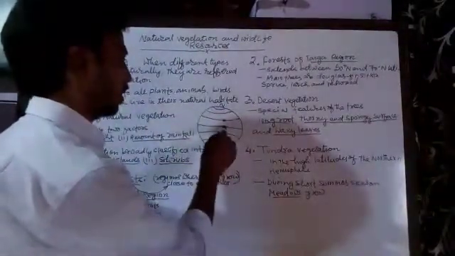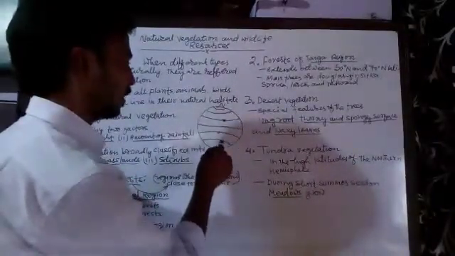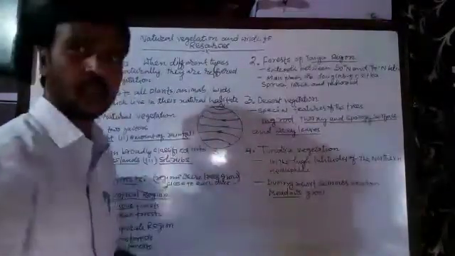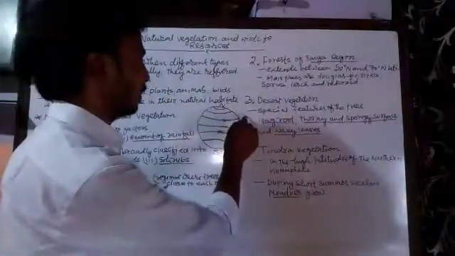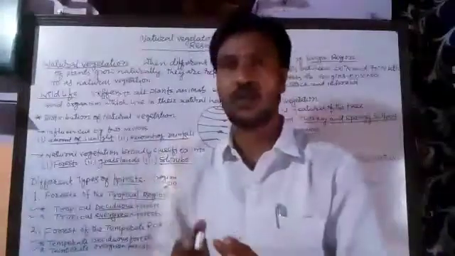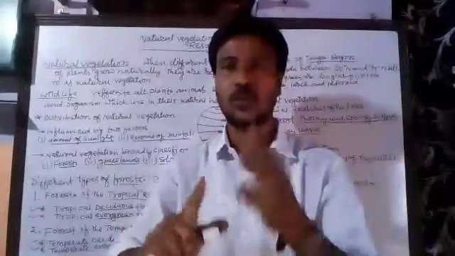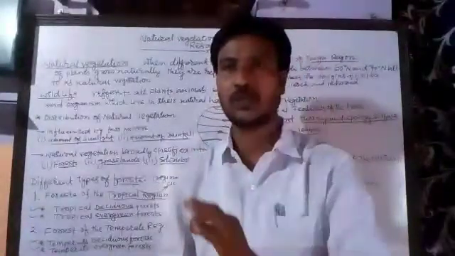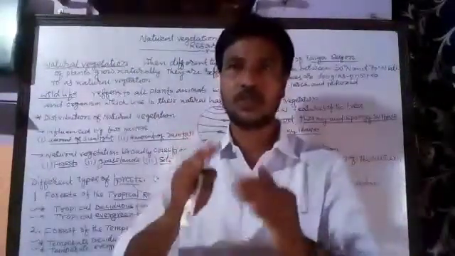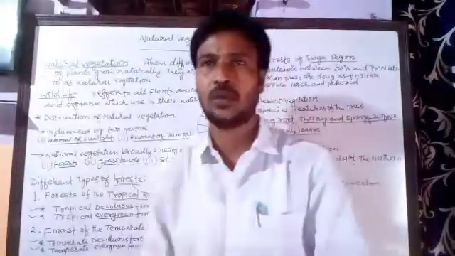Also in the south, the area between the equator and the temperate regions, the middle areas, are called the tropical areas. Our India is in the tropical area. The forests found in this area are called tropical forests. These tropical forests are divided into two: the tropical evergreen forest and the tropical deciduous forest. Let me tell you, these tropical areas receive high rainfall. Some areas receive high rainfall, and the temperature is also high.